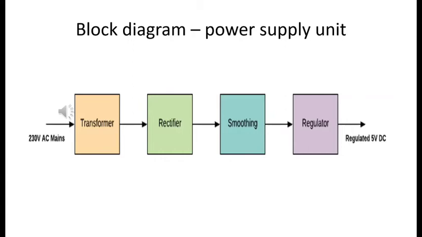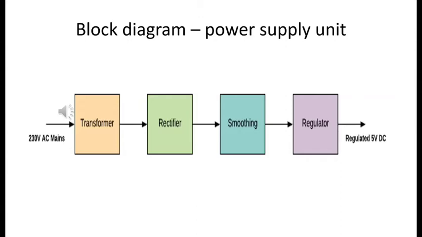For the full-wave rectifier, we can go for a bridge circuit wherein we use 4 diodes. Any 2 diodes will be conducting in the positive half cycle, and the other 2 diodes will be conducting in the negative half cycle, which means the input AC is completely converted into DC. It is conducting in both the positive half as well as the negative half. That's why we call the circuit a full-wave rectifier.